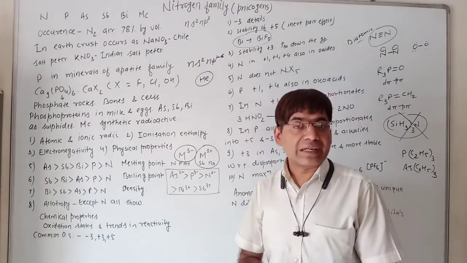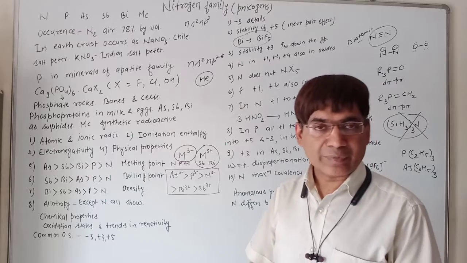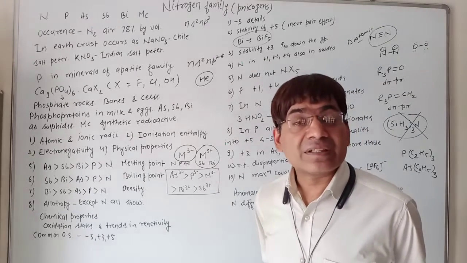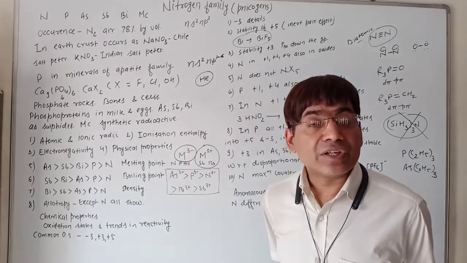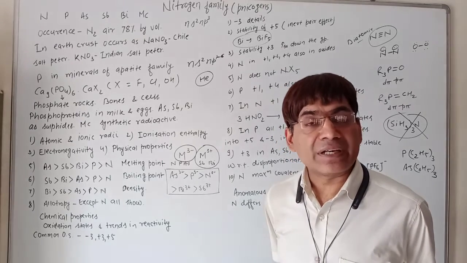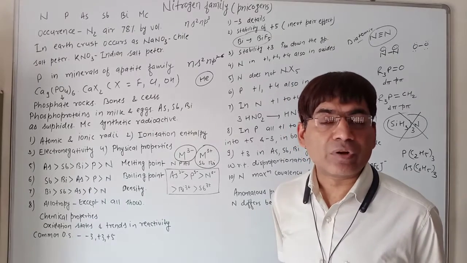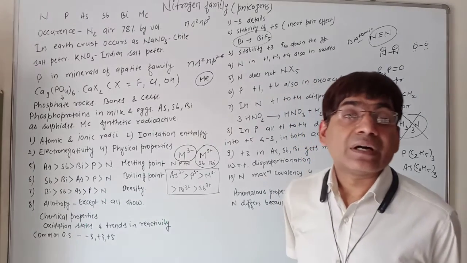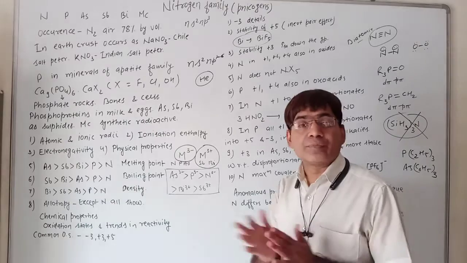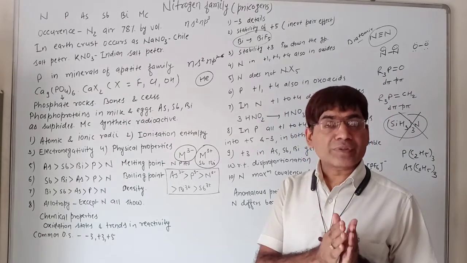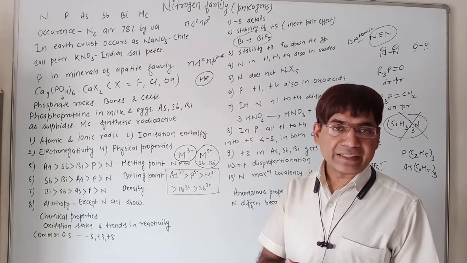This is the general electronic configuration of P block elements. What are P block elements? This we have studied earlier in class 11: the elements in which the last electron enters the P subshell. These elements are the P block elements. Fine. The periodic table distribution of these elements is from group number 13 to group number 18.